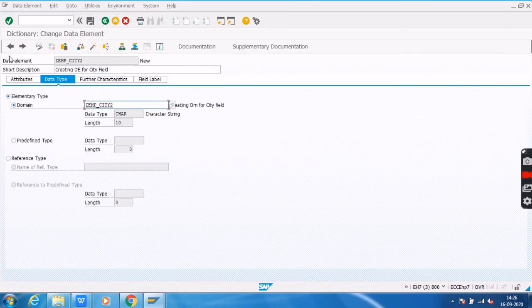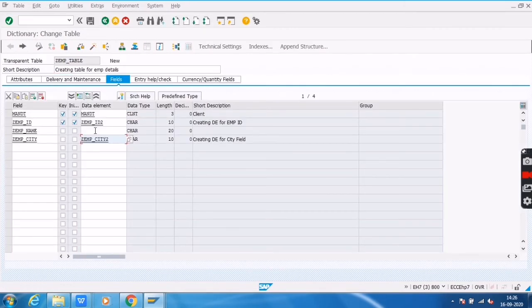Then we go back. So this is the second way we are creating data element and domain. Now we have created 2 columns like employee name, employee ID, employee city. Now I want to create a 4th column, the EMP